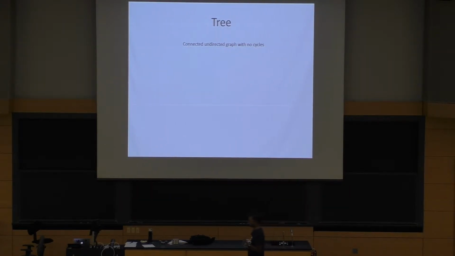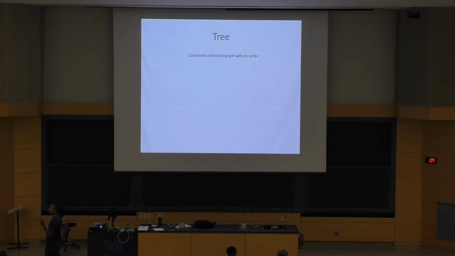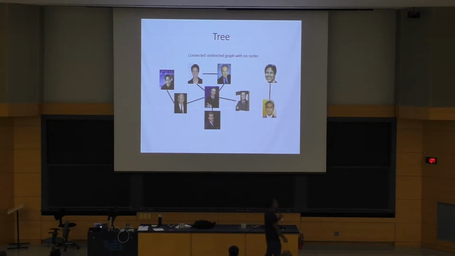And the definition is fairly simple. A tree satisfies three things. One, it's an undirected graph. Two, it is connected. And three, there are no cycles. Okay, so as long as a graph satisfies these three requirements, it is a tree. And so, is this graph a tree? No. So, for example, this is disconnected, right? Is this a tree? No. It has a cycle, right? So, there is a cycle here. Is this a tree? Yes. So, this is a valid tree.